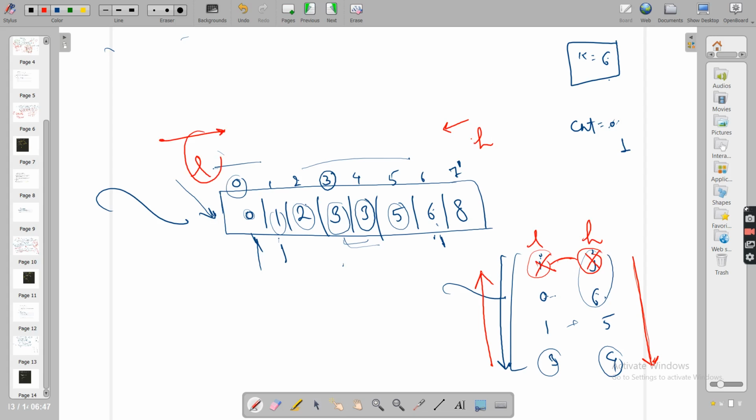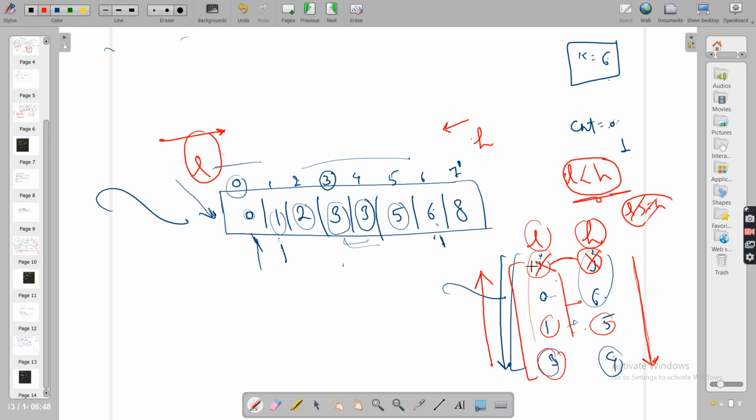Here you got this idea that we saw L was never crossing H. So till what point were you moving? You were moving L towards H, and the distance between them was decreasing. In this test case L was always less than H. Because we want two elements, L should always be less than H. L can't be greater than or equal to H. Till this point we are running this, moving L towards H.